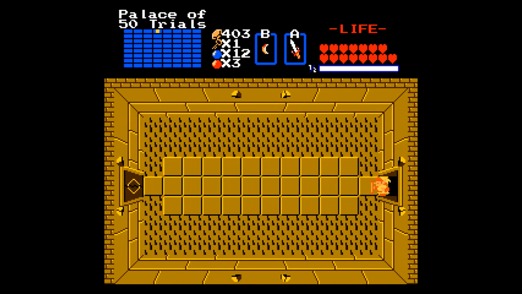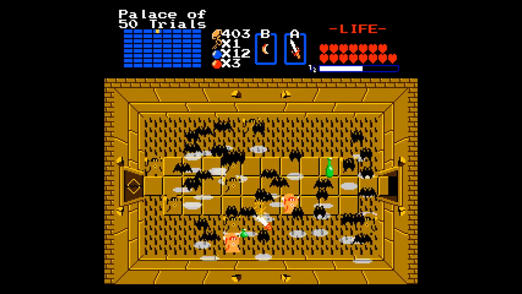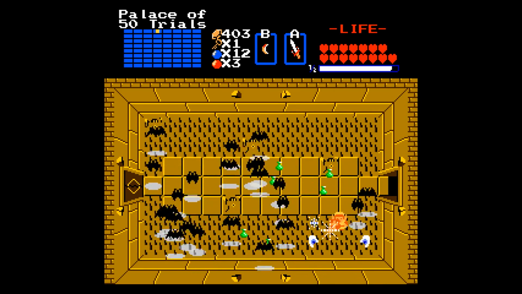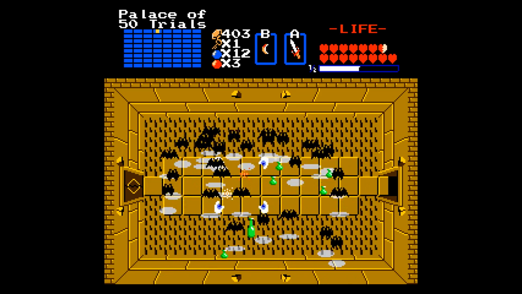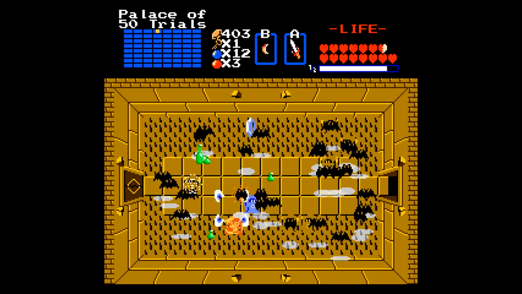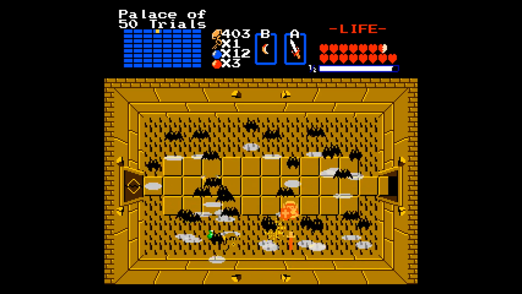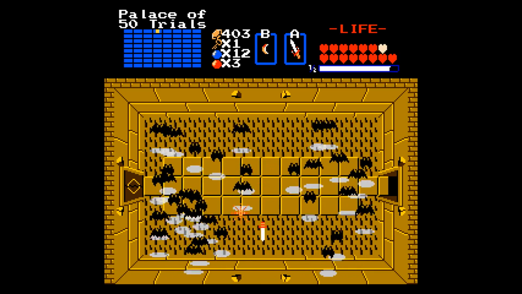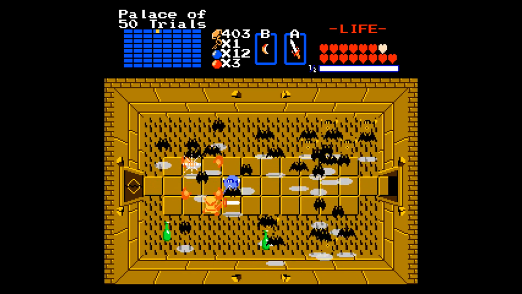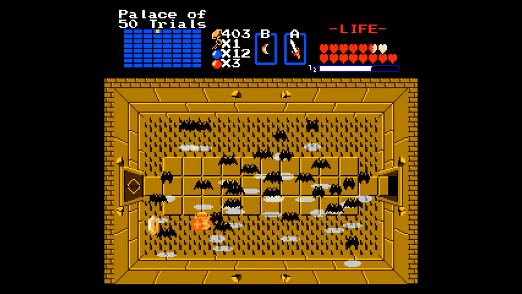Oh boy, here we go. Oh boy. Yeah, this room can be a real pain in the butt because it's all bat robes. You're just gonna be tanking through this the best you can. Here's where those boots are gonna be put to good use. Because you don't get that much protection from the spikes,